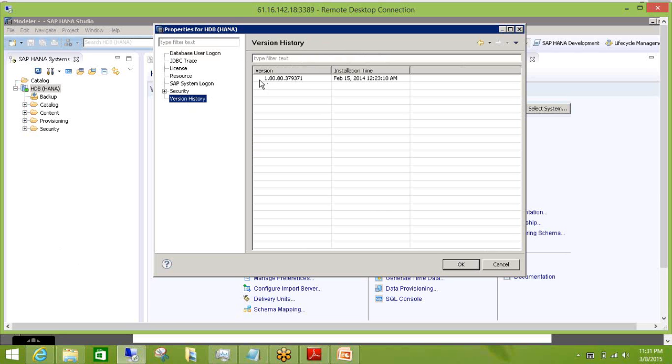Yesterday I was explaining it to Karthik and Siva. Here, HANA 1.00 is okay, meaning HANA 1.0 is being used. What is the SPS value? The SPS value is 6. Now, if it is 70, it will be 7. If it is 80, it will be 8. If it is 90, it will be 9. If it is 40, it is SPS 4. If it is 50, it is SPS 5. So just keep it in mind.